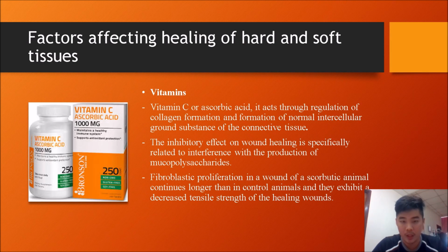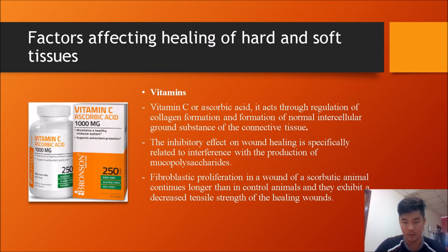Okay, next will be vitamins. So the most important vitamin is vitamin C or ascorbic acid. On the left, you can see the picture of vitamin C or ascorbic acid. This vitamin acts through regulation of collagen formation and formation of normal intercellular ground substance of the connective tissue. And it is said that the inhibitory effect on wound healing is specifically related to interference with the